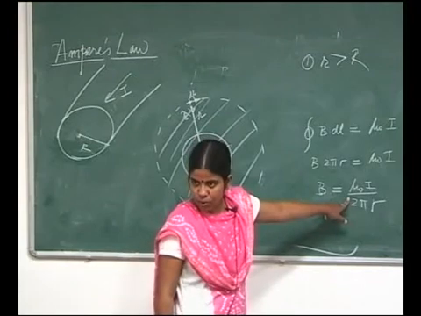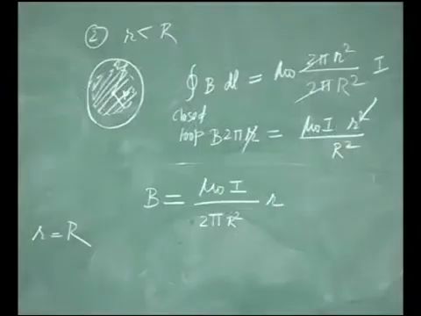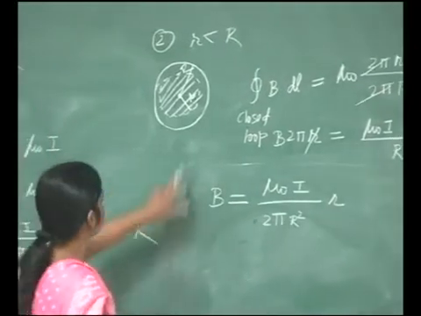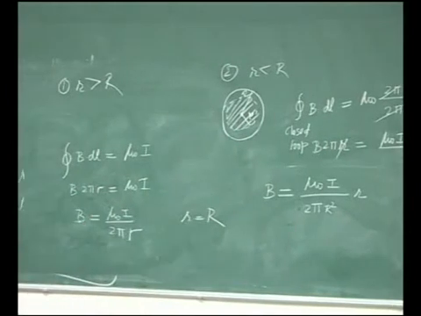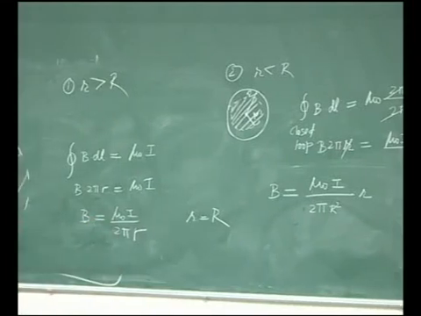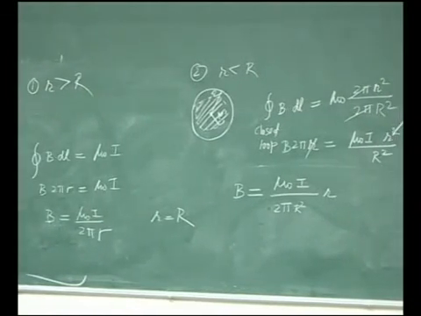When small r is equal to capital R, either I shrink this loop or I expand this loop, anything. Okay? So what I do is I get the same result, mu 0 I upon 2 pi r. Okay? So there is an interesting conclusion that comes out of this result, and that says